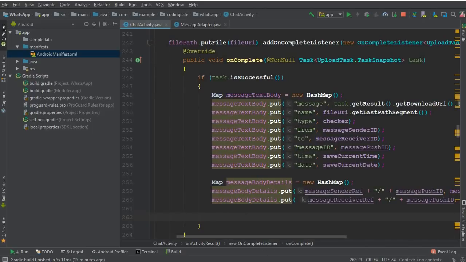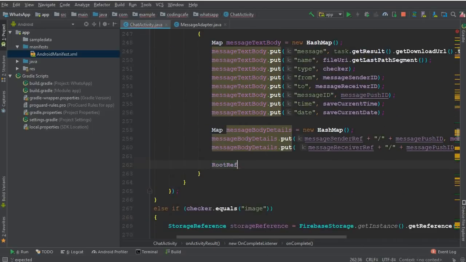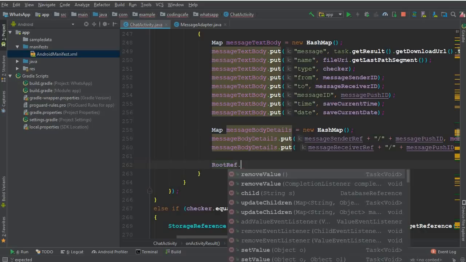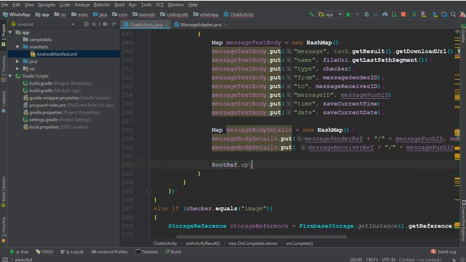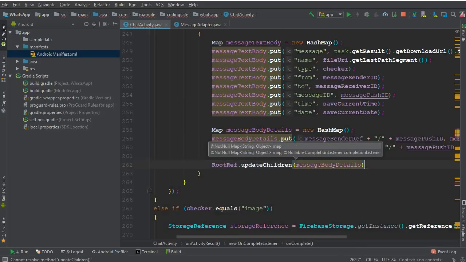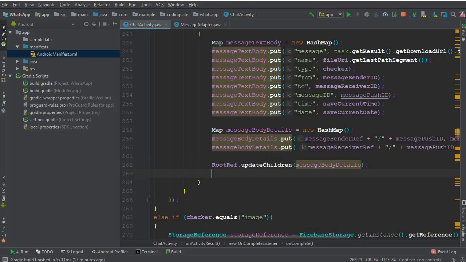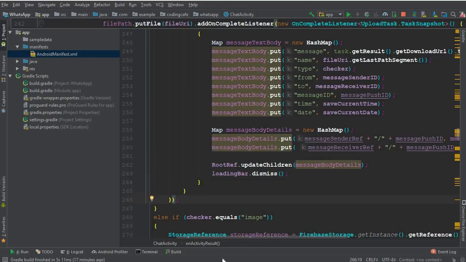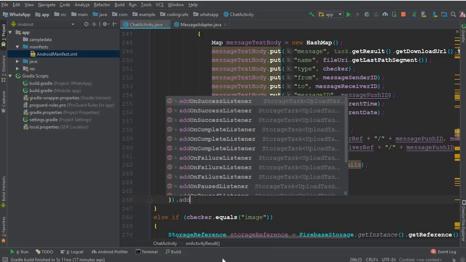Now the next thing is to update the children for it. So we can just say, by using the root reference dot update children, pass the message body details to it, and put a semicolon, and here we need to dismiss the loading bar. So we can say loading bar dot dismiss. Also we have to add a failure listener in case any failure occurs. So we can just say dot add on failure listener,